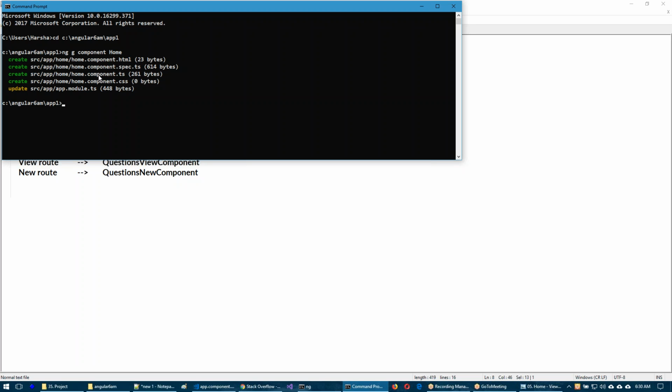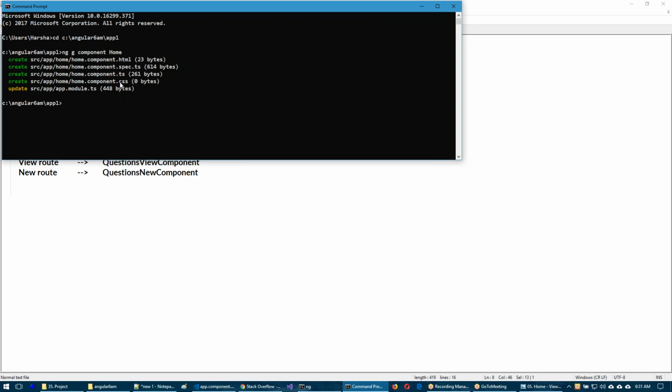And every component must be associated to one template, right? The template is a home.component.html file. And for every component, we can write some unit test cases. The unit test cases are written in the home.component.spec.ts. We will talk about the unit testing later in the further chapters, maybe in the second half of the course. So don't much worry about it. And every component may have special CSS styles.